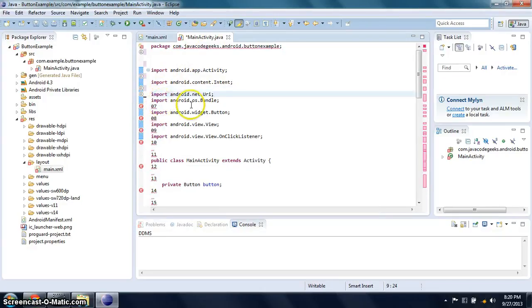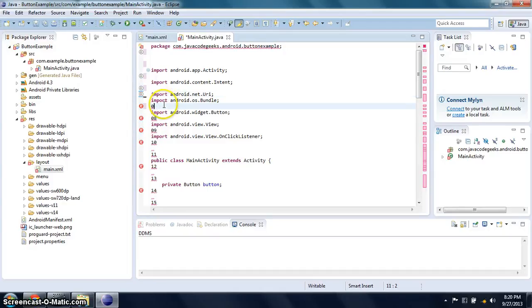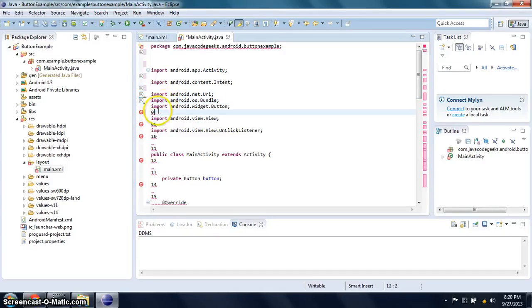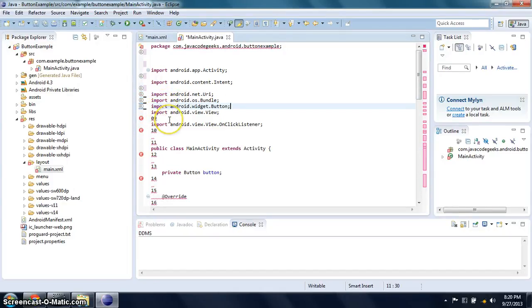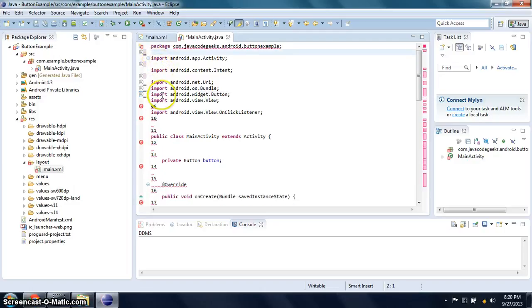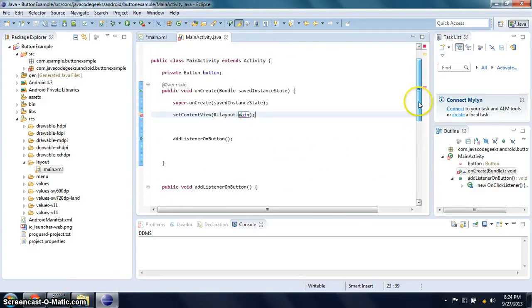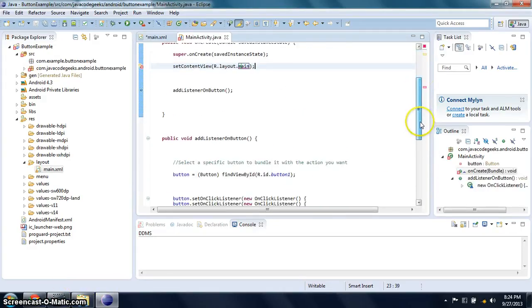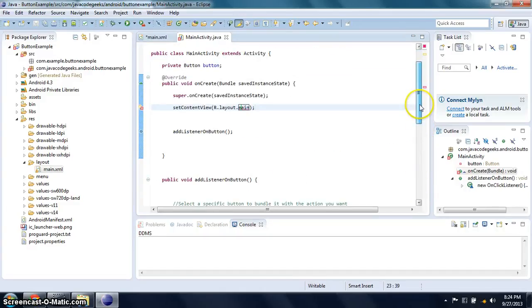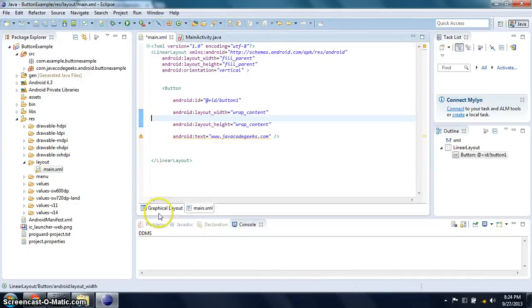Just delete this number. That's it. Once you have pasted the code, you can go back to the main, then select graphical layout.